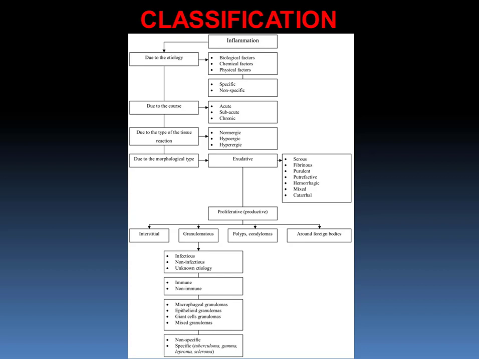Hyperergic inflammation occurs in case of violation of adaptive and trophic functions of the nervous system, in allergic conditions, in autoimmune diseases, and some infectious variants of inflammation. It is characterized by very severe and inadequately harmful damage. The necrotic process predominates over the regenerative process. Hyperergic inflammation is the base for autoimmune disorders.